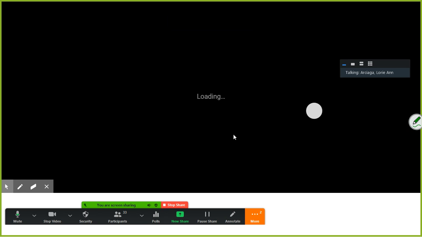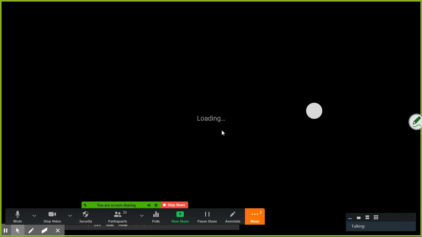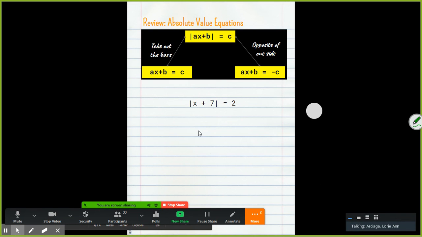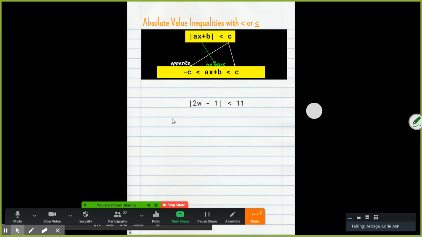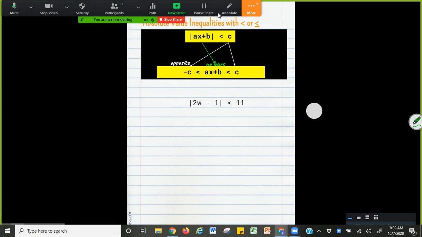We're now ready to go to slide number 2. Okay. All right, so this is slide number 2. So this is where our actual lesson begins. And we will be using what we learned in the first chapter, or in the first slide, to solve absolute